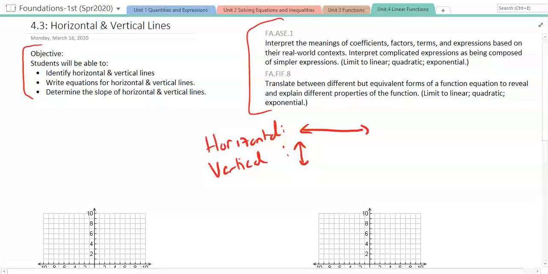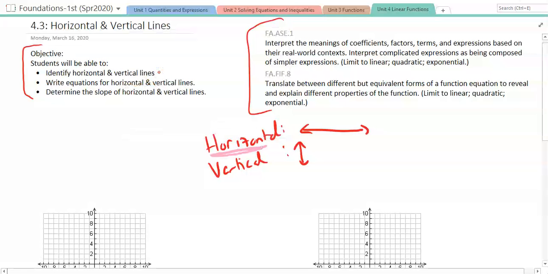So one way to remember horizontal is that the root of horizontal is horizon. That's one way to remember, the horizon is like when you look out across at the sky and looking out at the horizon, right? Okay, so let's look at a couple examples of these and talk about what you're going to be looking at